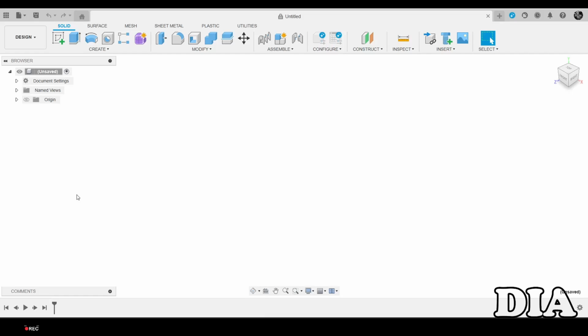Today we'll be doing a very simple task. Basically, working on sheet metal, and we'll just look at how to flatten a cylinder, cone, and